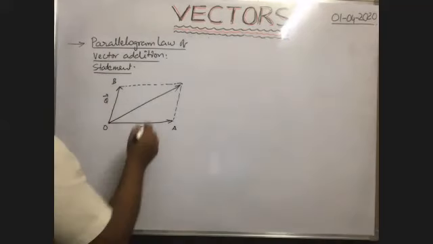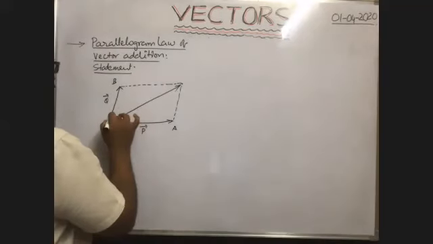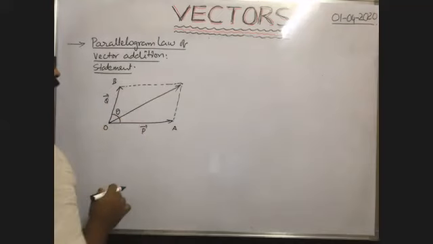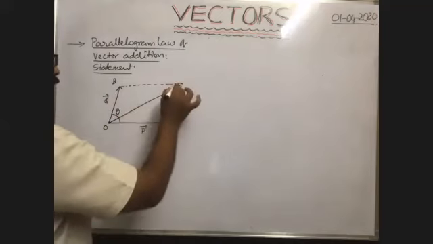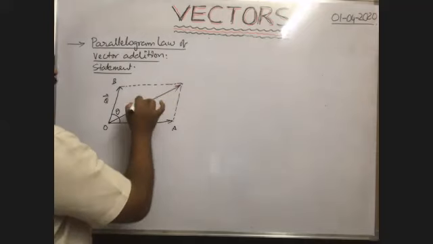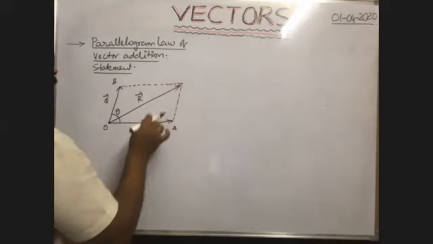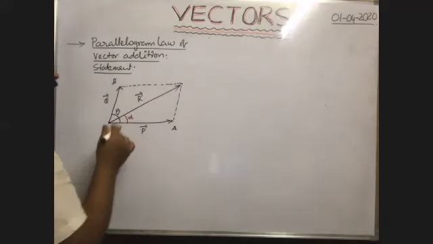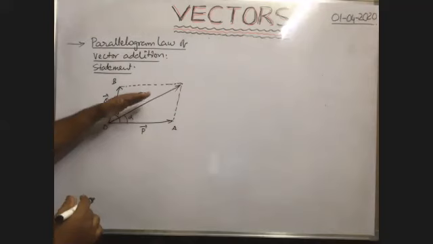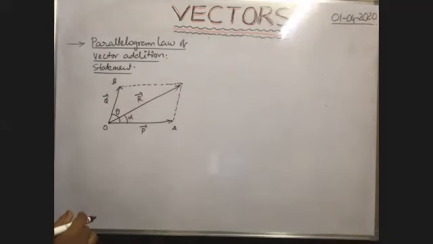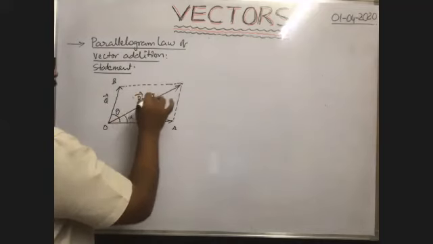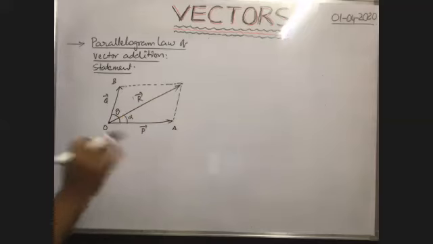Here the angle between the two vectors p bar and q bar is, say, theta. Its diagonal gives the resultant of these two, that's why it is represented with r bar. Suppose the resultant vector makes angle alpha with p bar. If we know this alpha, then we know the direction of the resultant vector. That's why our aim is to find the magnitude and the direction of the resultant vector.